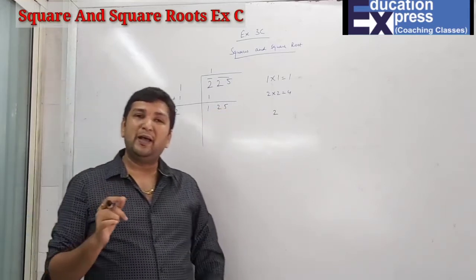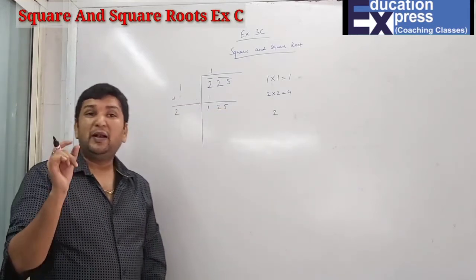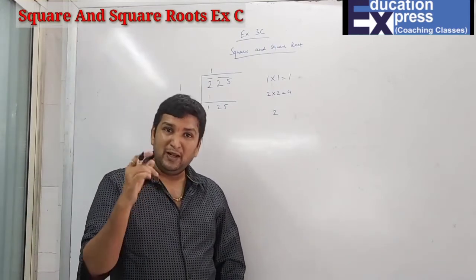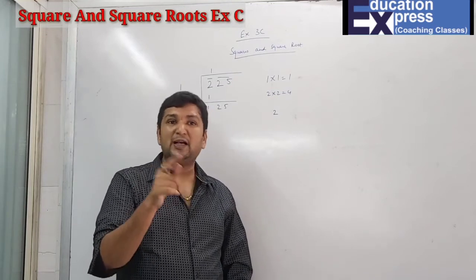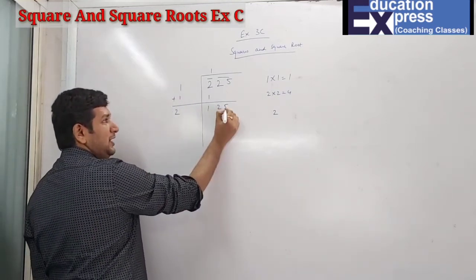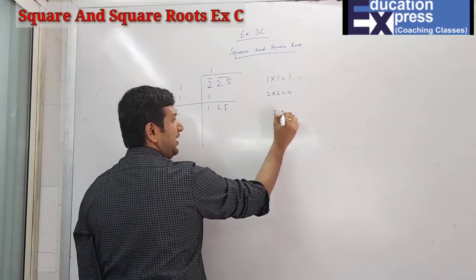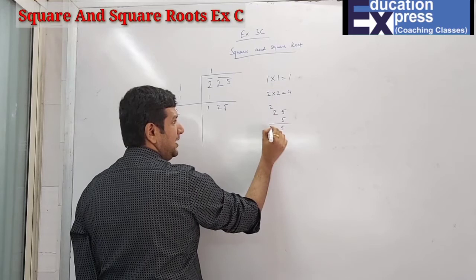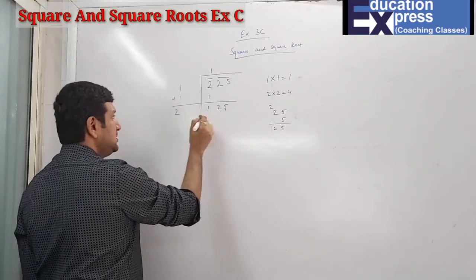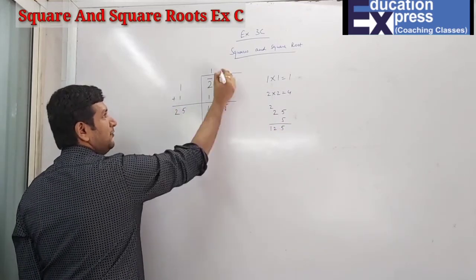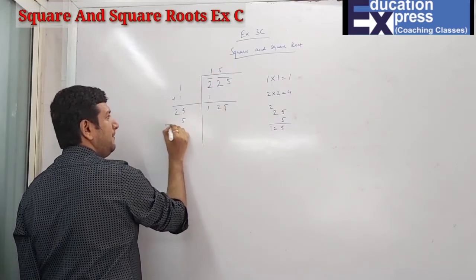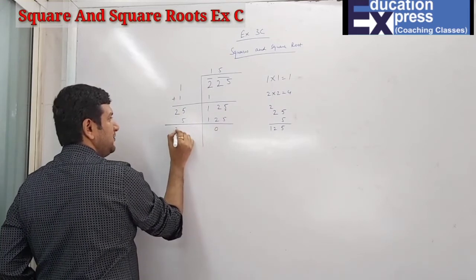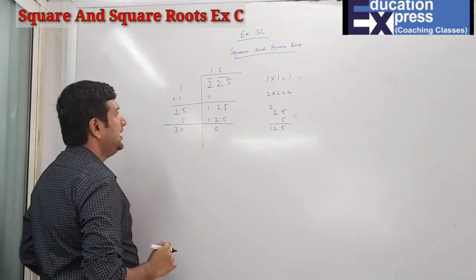So which number's square has a unit place of 5? 5. The square of 5 is how much? 25. So obviously you know 5. If I take the square of 5 over here, 5 5s are 25, 5 2s are 10, and then 12. So yes, I'm getting the same answer. Now what have I multiplied? 5, 5, and the same number you have to add. 25 plus 5 is 30. So students, can you see that the answer is 15?